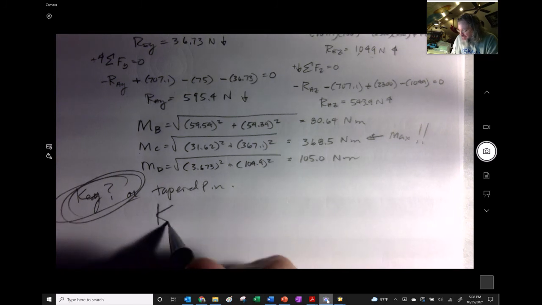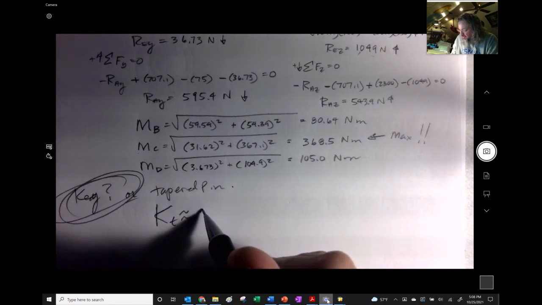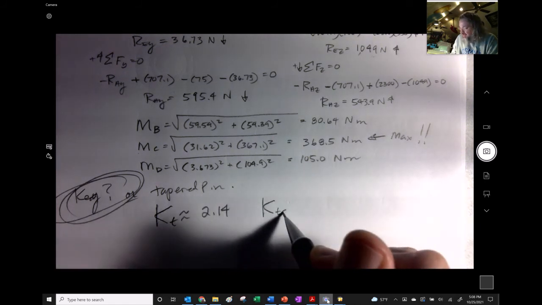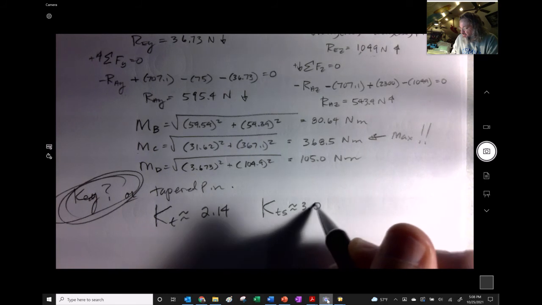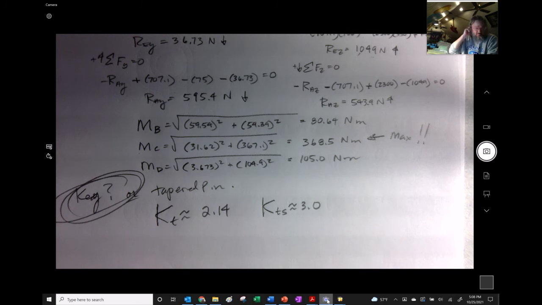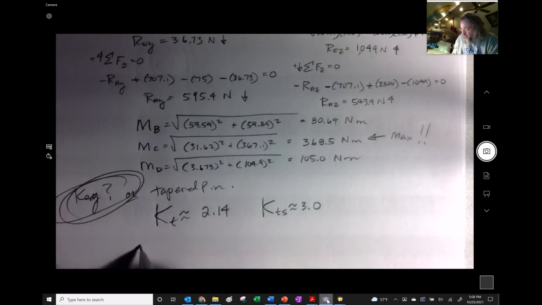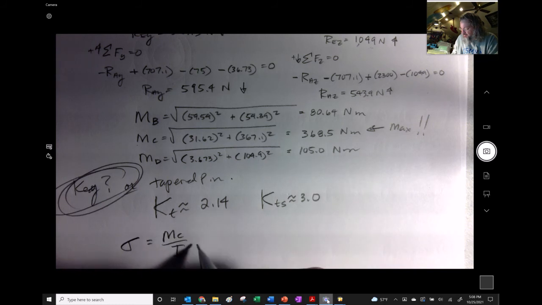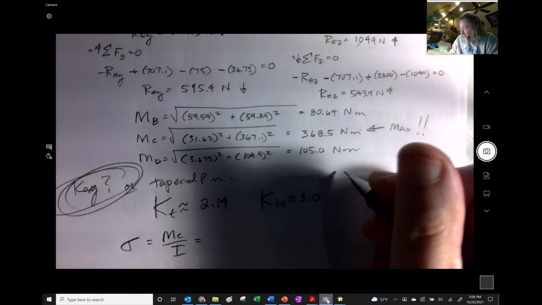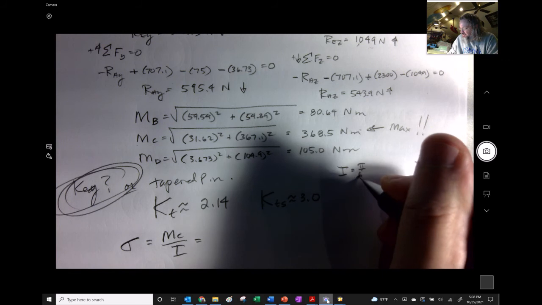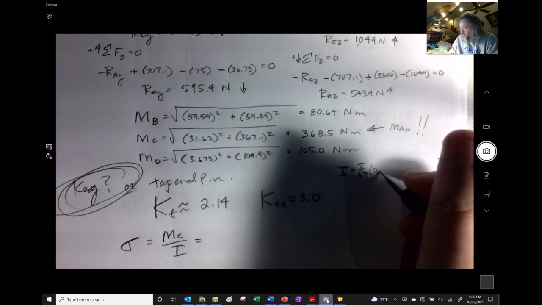For bending, the KT was approximately, now I forget, 2.14? I think that's right. And the KTS was 3.0 for shear, according to that Chapter 7 table. Let's get closer to reality. The bending stress is going to be MC over I. So we take our moment. Oh, and maybe we should find out what the I and J are going to be. It's pi over 64, and they said it was 30 millimeters, so